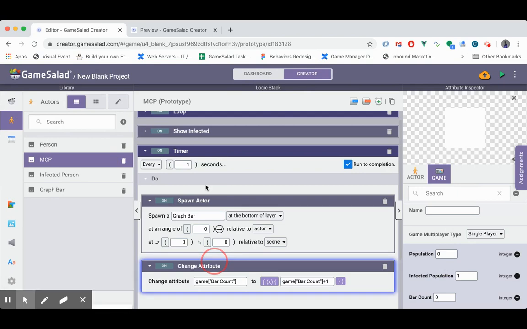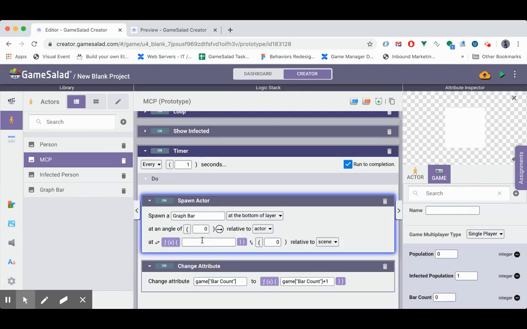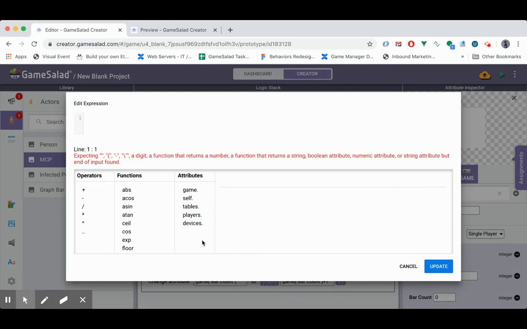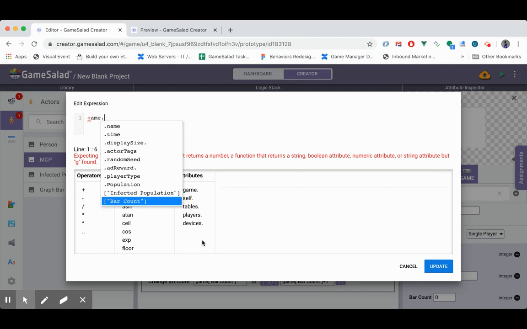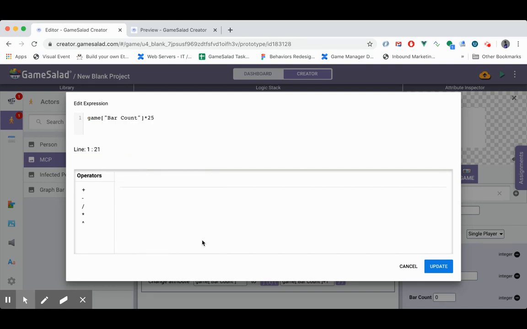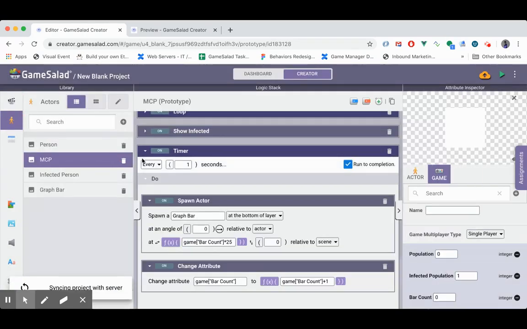The other thing we're going to do is change the position of the new bar actor every second. So let's make it game bar count times 25, because the bars themselves are 20 pixels wide. So every 25 pixels, if we put a bar, that will give a little spacing. So we do update. Now when we hit preview,